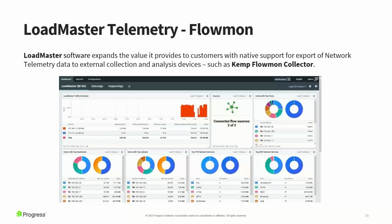What I will state here is the bigger the picture, the better the story. If I only light up the services that I'm publishing through the LoadMaster, and then what we see coming in and out of that device is rules we will report on. So there may be opportunities to deploy additional probes in the heart of the network to be able to get this bigger picture story. And rest assured that we've got a finger on the pulse on the critical stuff,